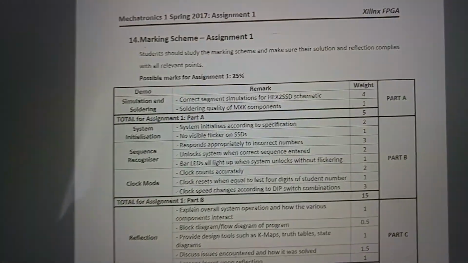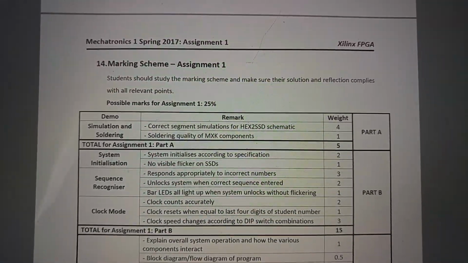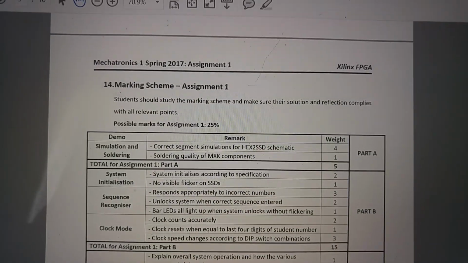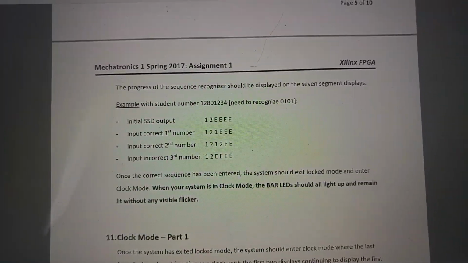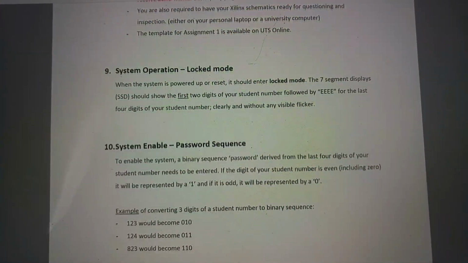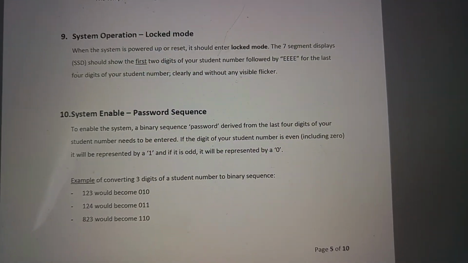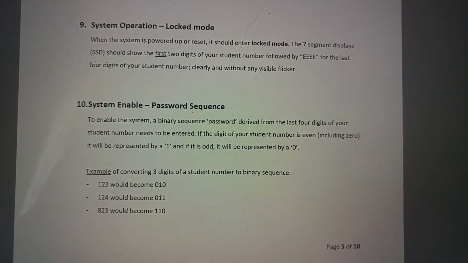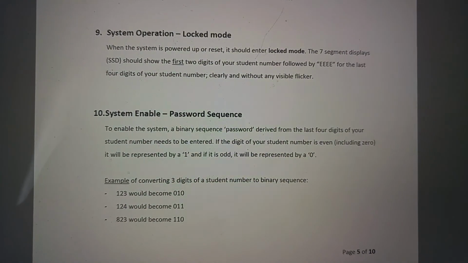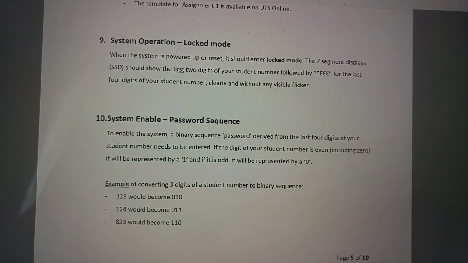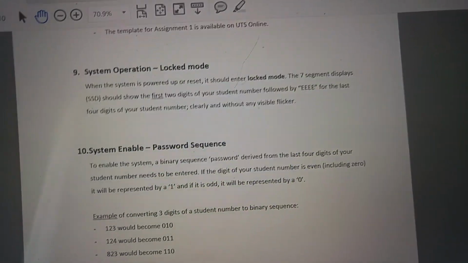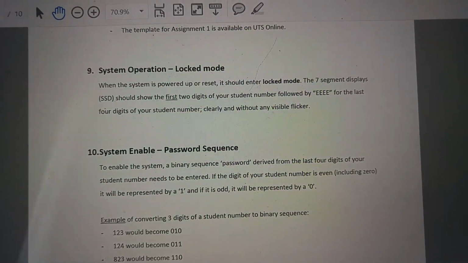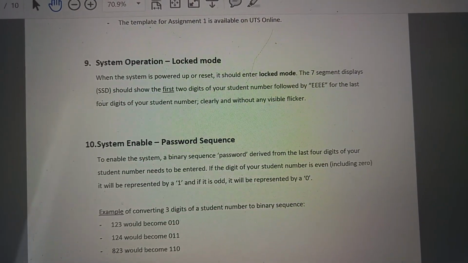So hopefully this has cleared up or helped you guys understand a bit more about the assignment requirements. Once again, do go through the sections if you're still unclear. It might be worthwhile using block diagrams to help you understand what's required and where the different components can fit all together. So for example,